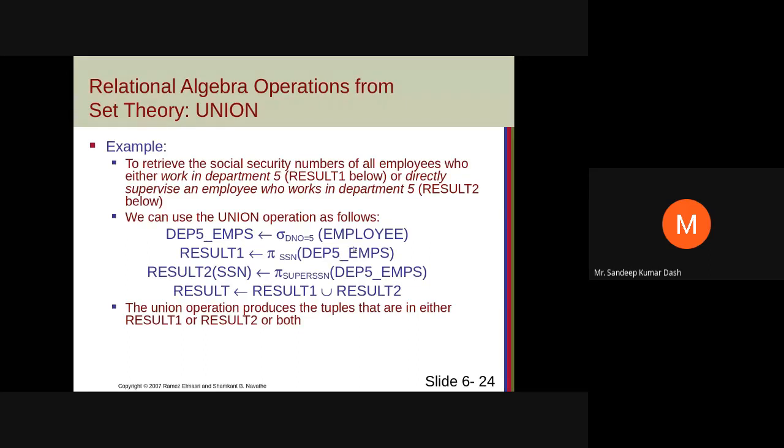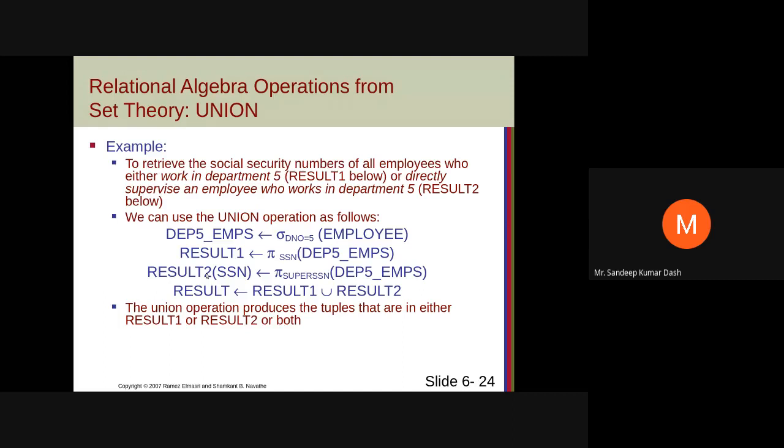Out of that, you are selecting only one column. Okay, SSN is selected. Only one column we are selecting, marking that as result 1. Similarly, from there you are selecting another column, super SSN, marking that as result 2. Okay, so what happens here? You are now having two relations, result 1 and result 2.